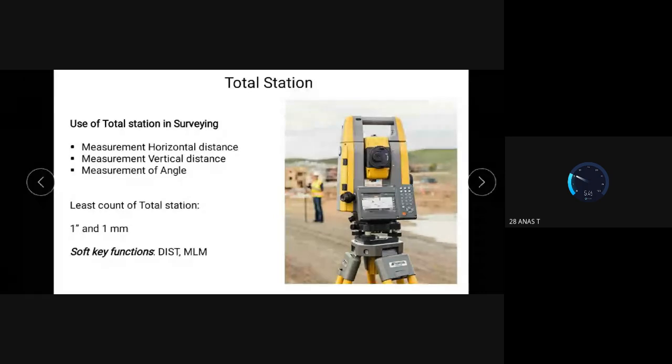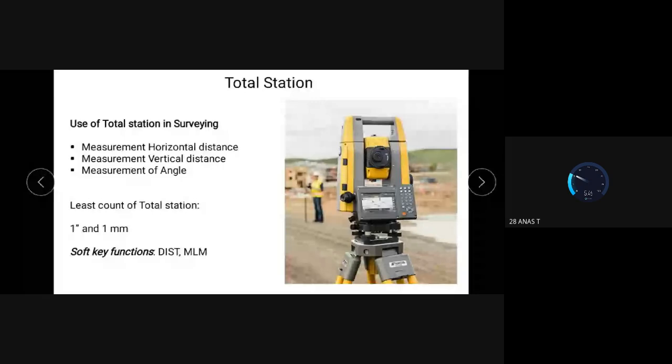Now the soft key MLM. So MLM, it is the button which is used to find the distance between say the point A and B. Suppose നമുക്ക് ഒരുപാട് പോയിന്റ്സ് ഉണ്ട്, ABCD എന്ന് പറയുന്ന ഒരുപാട് പോയിന്റ്സ് ഉണ്ട്. സോ ഇൻസ്ട്രുമെന്റ് സ്റ്റേഷൻ O നിന്ന് A വരെയുള്ള ഡിസ്റ്റൻസ് അറിയണമെന്നുണ്ടെങ്കിൽ we will be pressing this DIST key. And if you want to find the distance between A and B, which are points on the plot, you have to use the button MLM. So hope you understand.